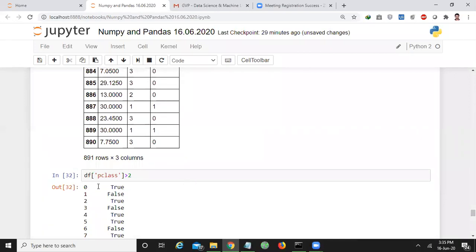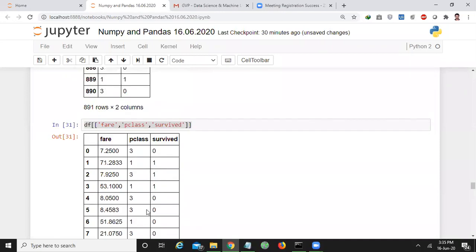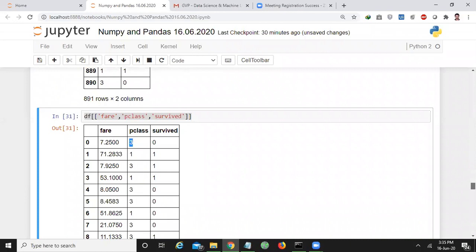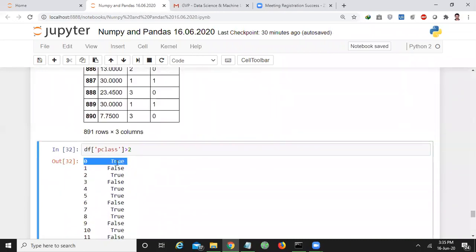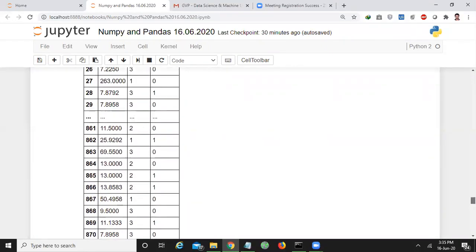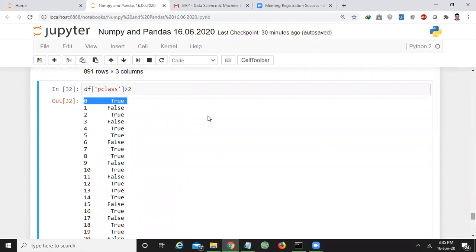What is the passenger class of the first passenger? It is 3. 3 is greater than 2. Yes, that's why you are getting true here. Similarly, let us see the passenger class of the second passenger. It is 1, which is less than 2, not greater than 2. That's why you got false here.